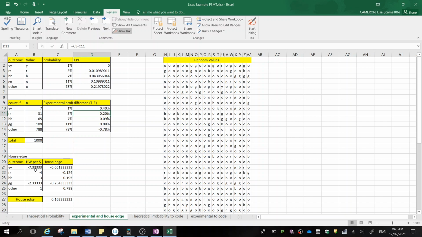Now, for the house edge, these values were just copied and pasted from your theoretical probability. So that's your house win per dollar. House edge is going to be calculated, again, by doing this one, your house win per dollar multiplied by your experimental probability this time to work out your experimental house edge. So here, the house edge is now 0.18, meaning that it's about 18%, or 19% if you round it. So that's not bad for us. That's looking pretty good. So I would be taking a screenshot of this information,